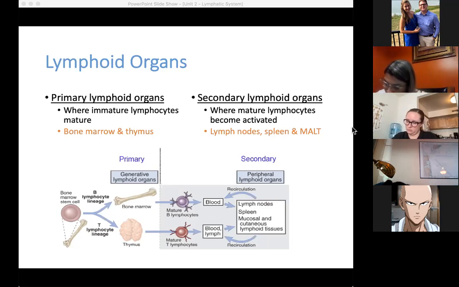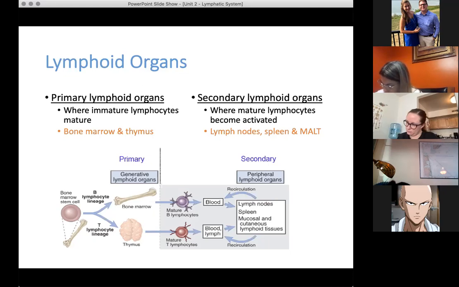So they start out in the primary lymphoid organs. That's where they grow and develop. And then they'll move to secondary lymphoid organs, which is where they actually start being able to function. And these secondary lymphoid organs are all the lymph nodes throughout the body, your spleen,